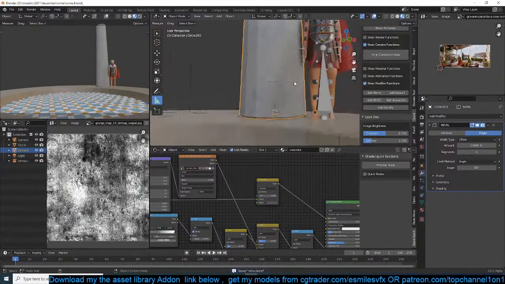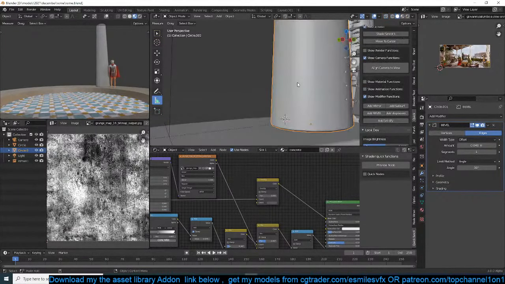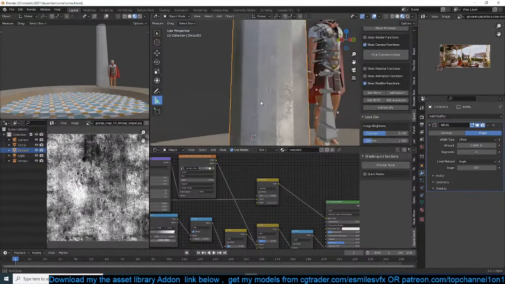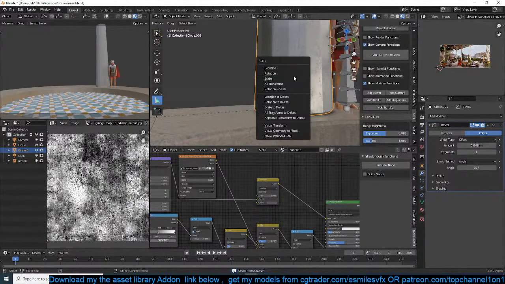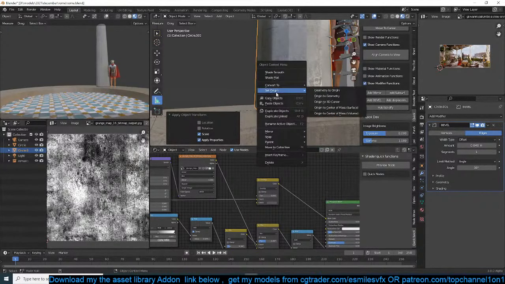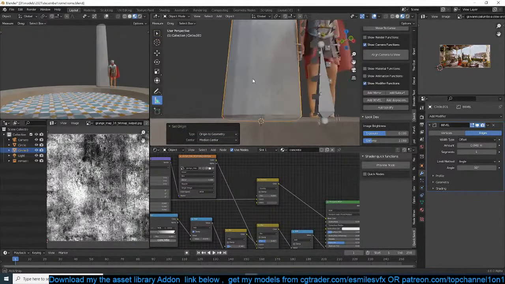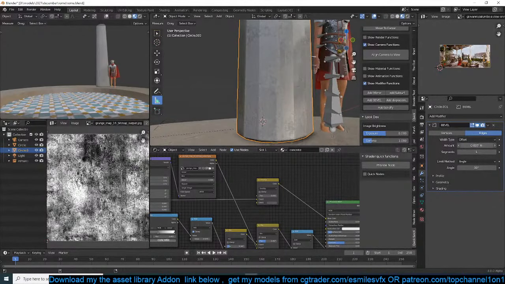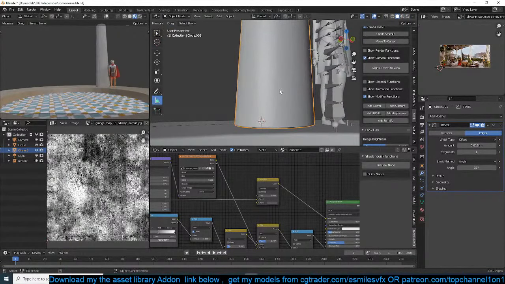Let's see. Why does it look like, let's make sure that my audio is good. Okay, so for some reason it looks like these angles are sharp here, but they don't seem to be. Anyway, so